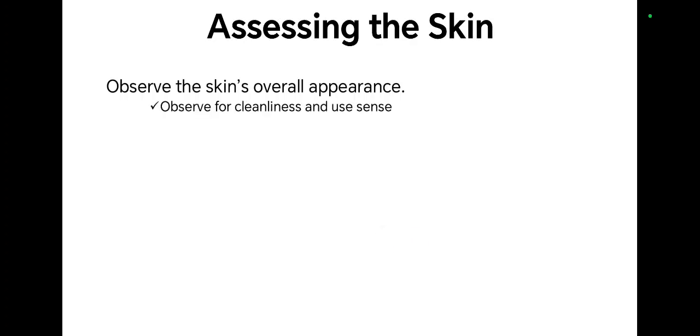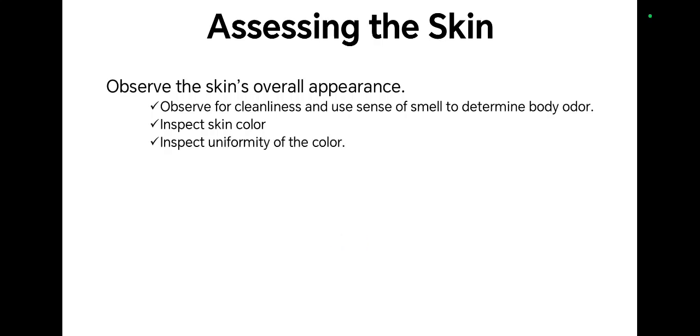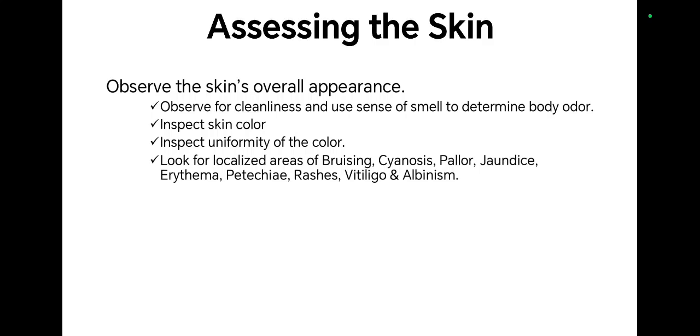Okay, so what are the things that we need to observe? First, observe the skin's overall appearance. Observe for cleanliness, and also use your sense of smell to determine body odor. Inspect skin color, inspect for uniformity of the color, and look for localized areas of bruising. Cyanosis, the bluish discoloration due to lack of oxygen, pallor, jaundice, erythema or redness, petechiae, rashes, vitiligo or